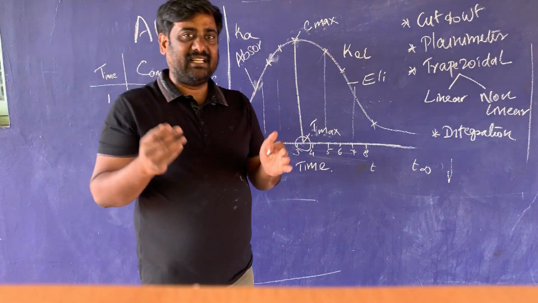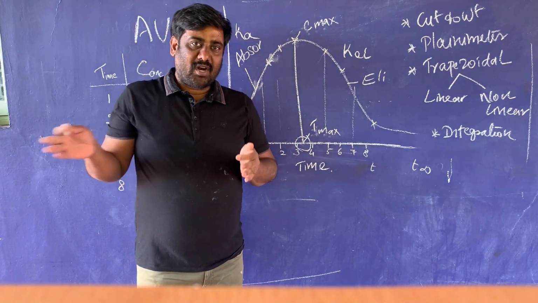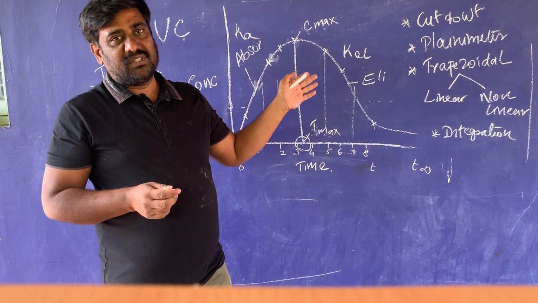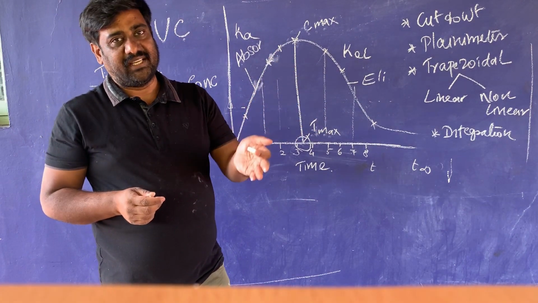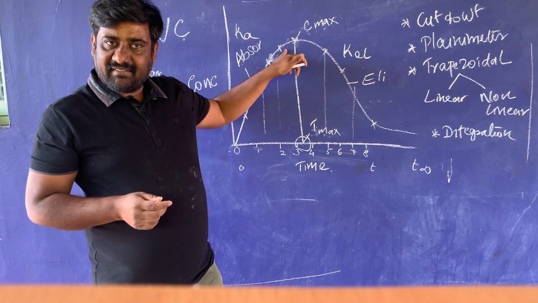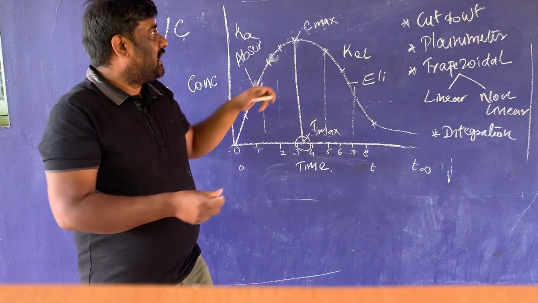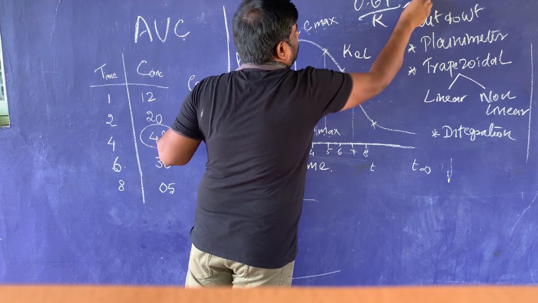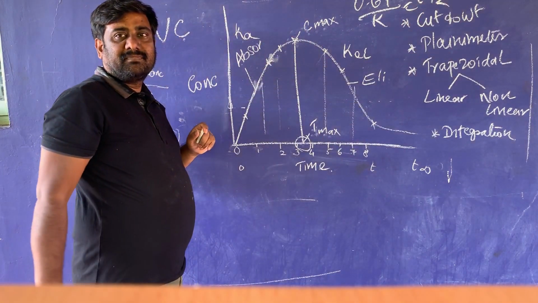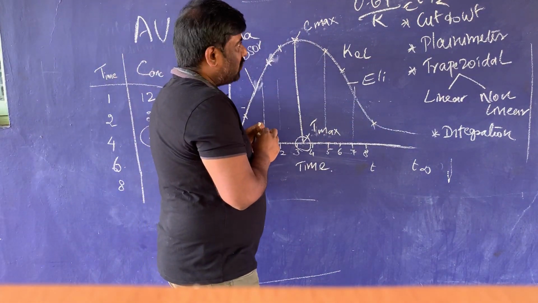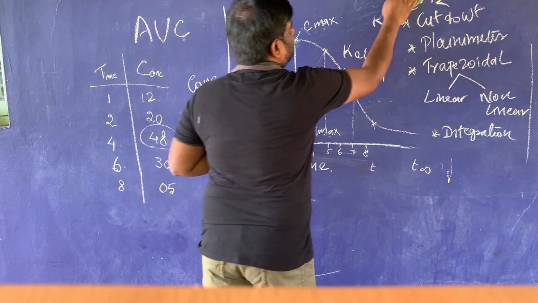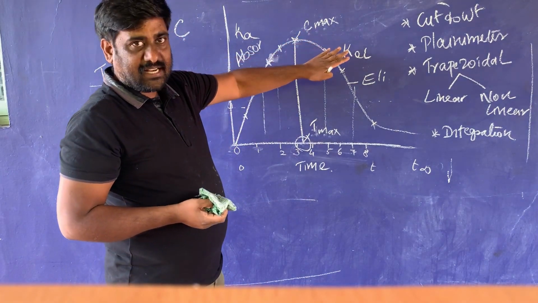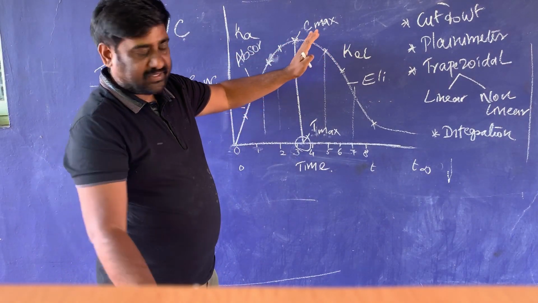So you all know that in second year we have done first order, second order. We have plotted a graph. So when plotting the graph, we have taken a slope. So slope divided by 2.303 is equal to k. So by using this k value, we are able to calculate T half by using the formula 0.693 divided by k is equal to T half. Okay. So once the T half is calculated, we are able to find out the shelf life of the drug.